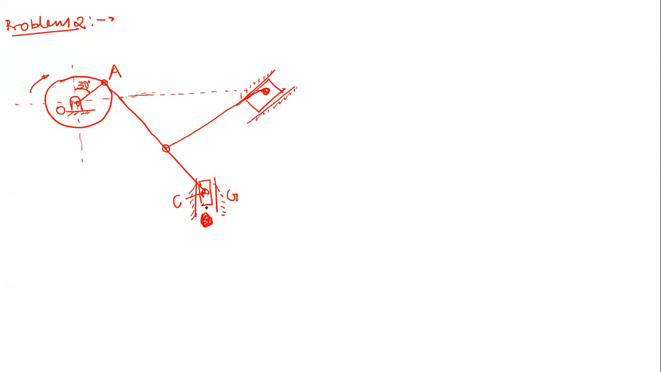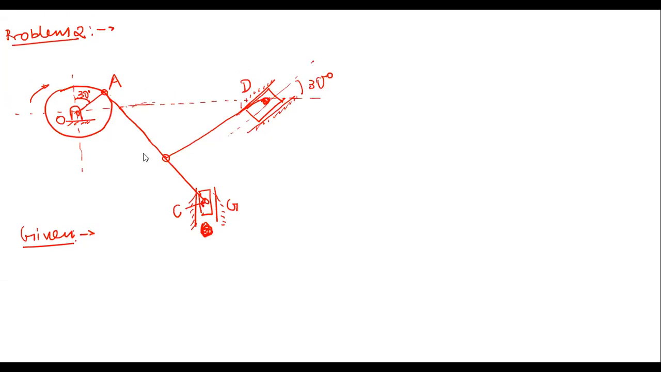This is your point D, aligned at 30 degree. Right. So now these are the things which are given to you. So this is the configuration, and always remember this configuration is given at a particular instant of time. That means when this crank OA